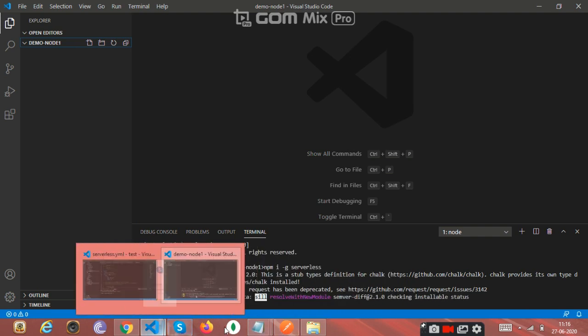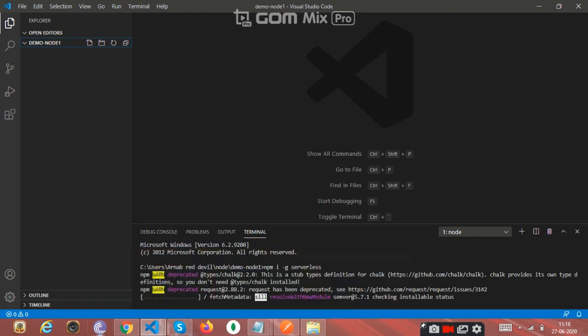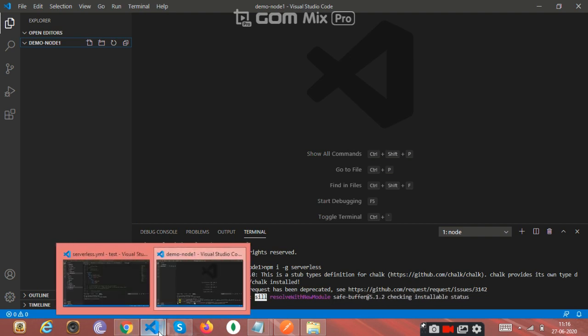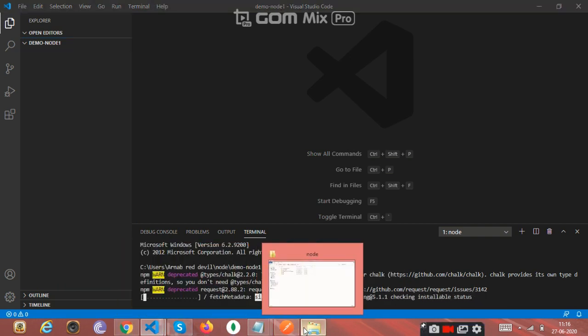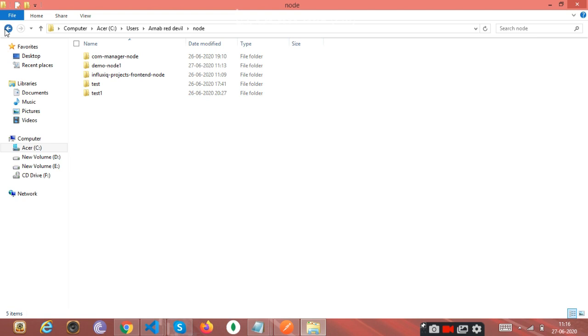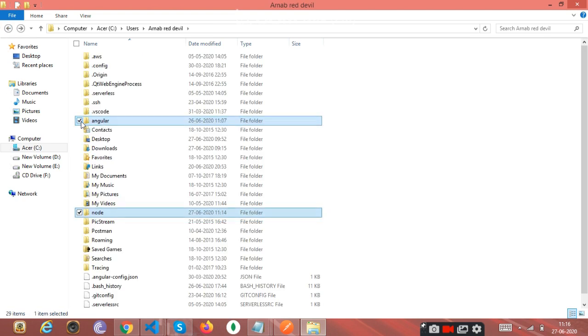Now a small note to everyone: creating two different folders will allow us to easily differentiate between Angular and Node projects, because cloning is mainly important.